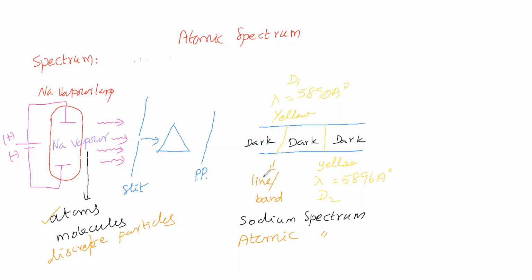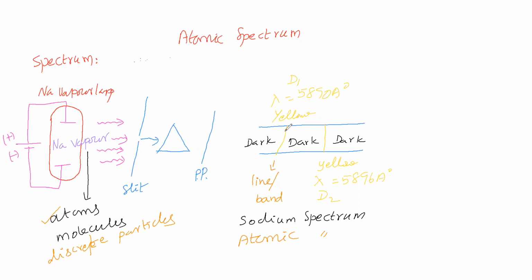Not exactly. Why are we using the word superficial? If we use a prism having still more resolution power, then this line also will split, in a minute manner. So that is why we say superficially. Now this band consists of several frequencies, several wavelengths. A line consists of a single wavelength or single frequency.